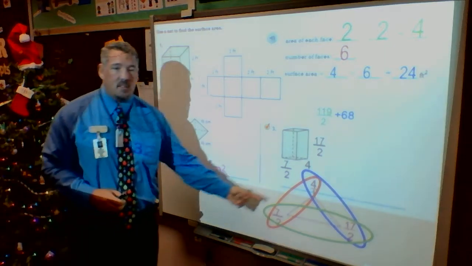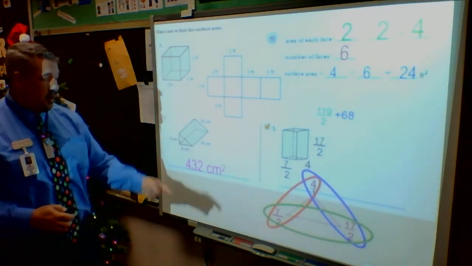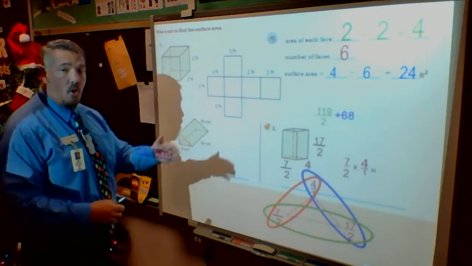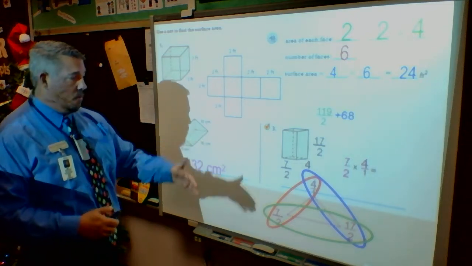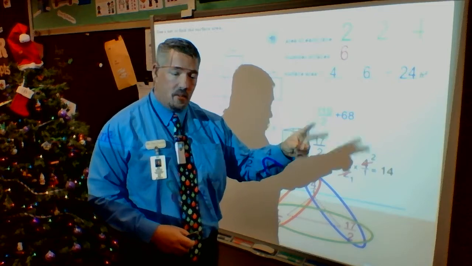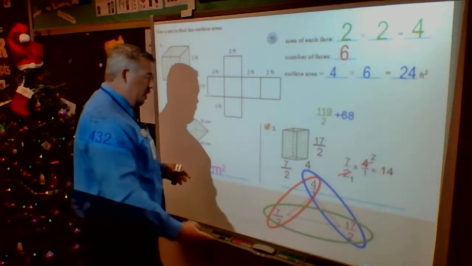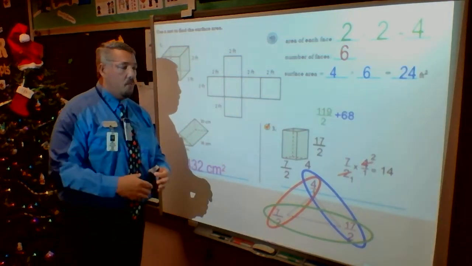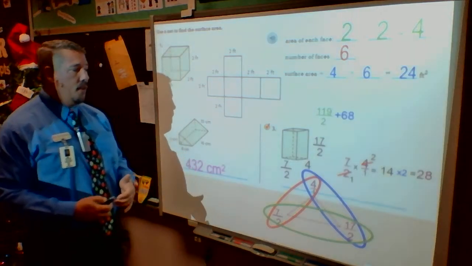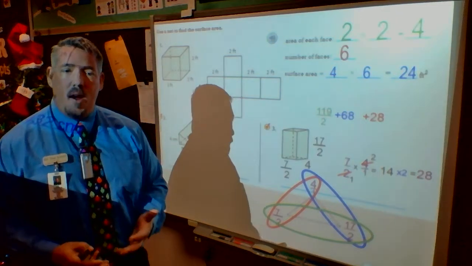Then I go to my last grouping. I have 4 over 1 and 7 halves. So I have 7 halves times 4 over 1. I know I can cross-reduce the 2 and the 4 again, because they're even numbers. 2 goes into 2 once, and 2 goes into 4 twice. I'm left with 7 times 2, which is 14. Once again, multiply the loops, always double them, so my 14 has to be doubled and changed to 28. So that leaves me with that addition problem, and none of the other ones have fractions,